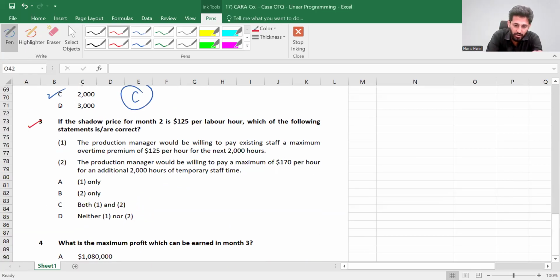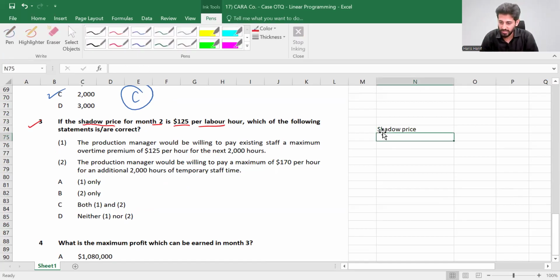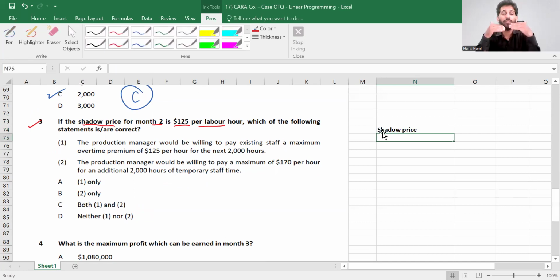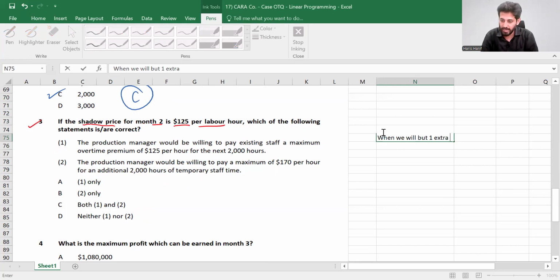This is the theoretical requirement. If the shadow price for month 2 is 125 per labor hour, now, what is shadow price? Shadow price is basically a very simple thing. I think I should write it. What is the shadow price? When we buy one extra unit of a binding constraint,